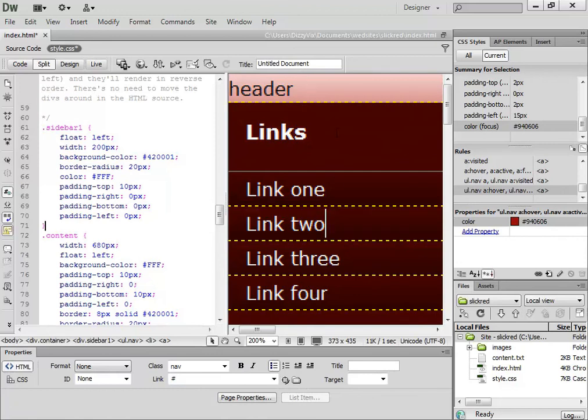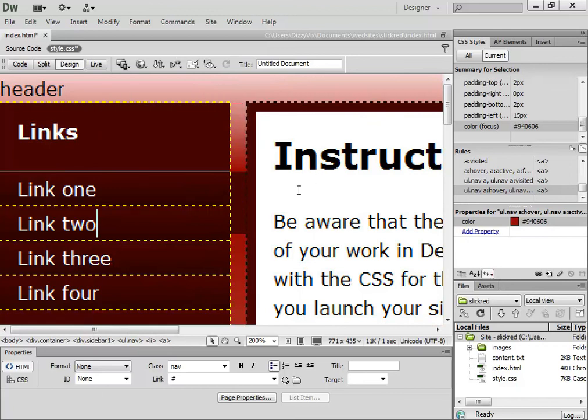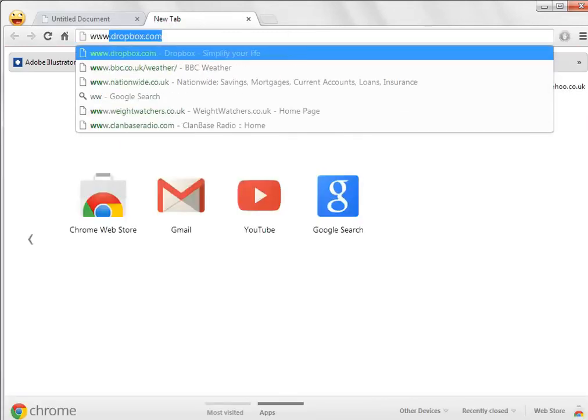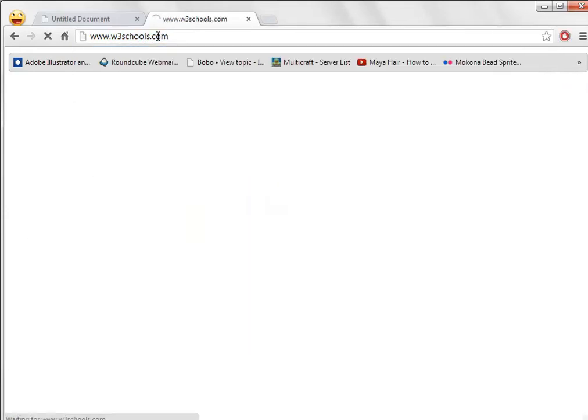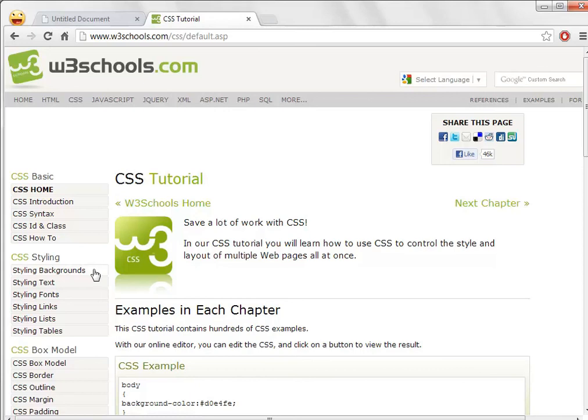Hopefully this will teach you or get you more confident with editing and changing a template and having a go and messing around with all the different kinds of code. For more details, you can go on the following website. Just going to type it in here. www.freeschools.com. And with this website, you can learn more about HTML and CSS. It shows you all the different ways you can do backgrounds, fonts, lists, tables, etc. and